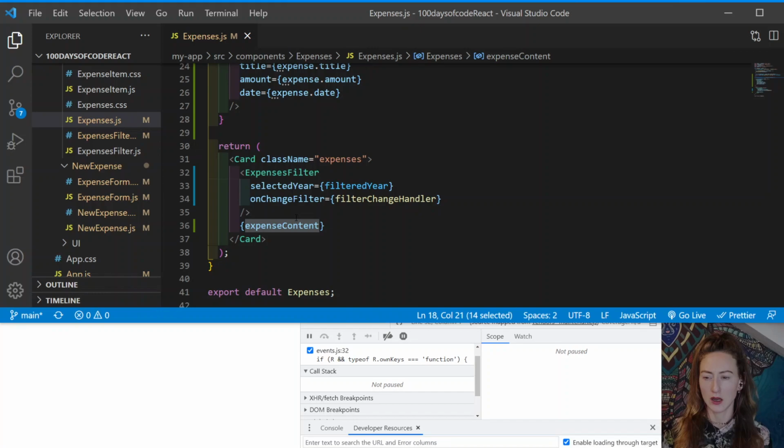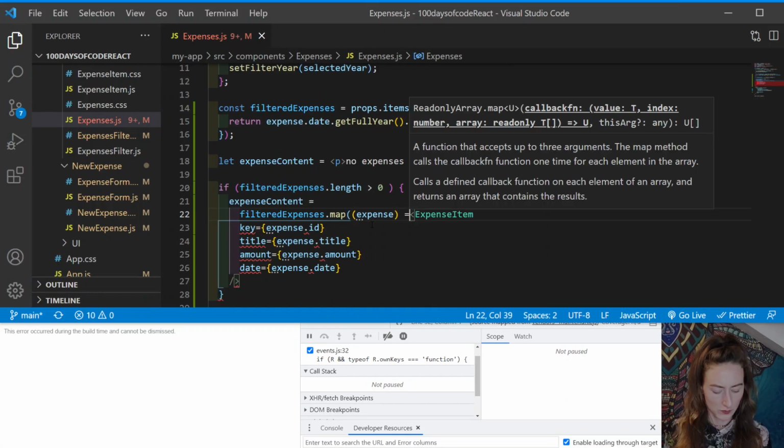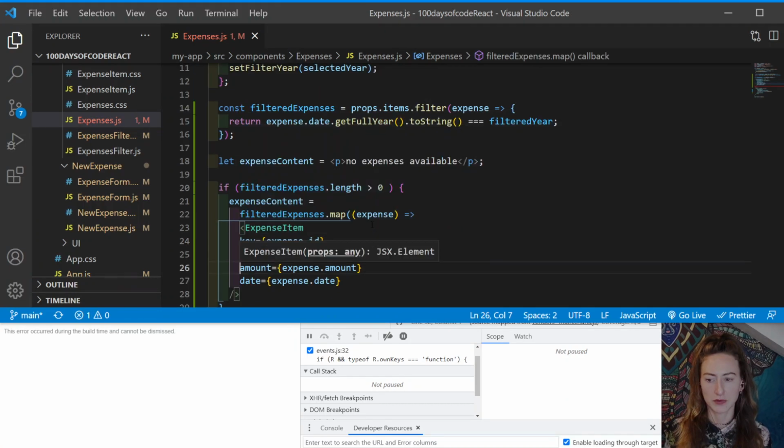So what we were actually doing was not just taking one expense item, we were mapping over all of the filtered expenses and mapping them to this expense item. So I need to add back in filtered expenses dot map, and this is what we want to map, the expense